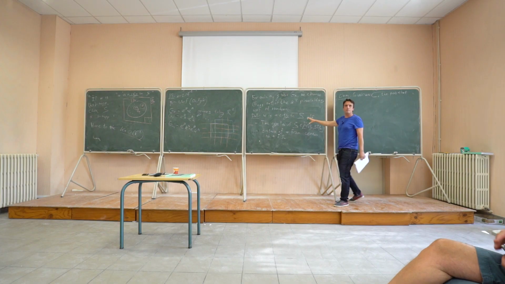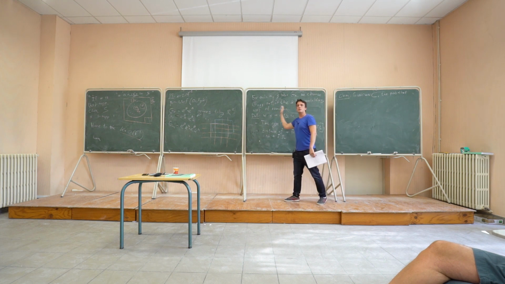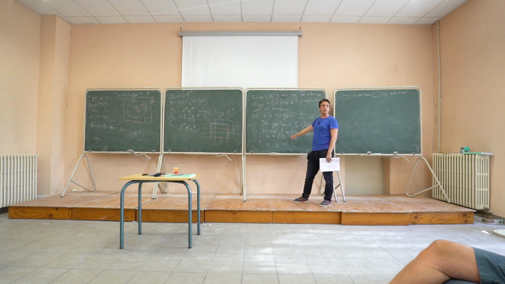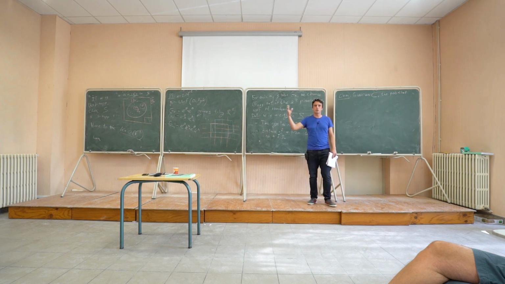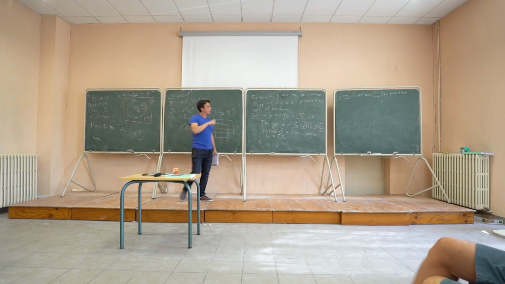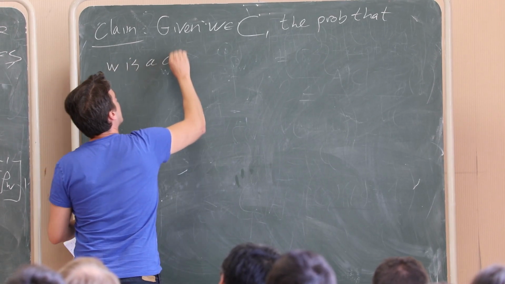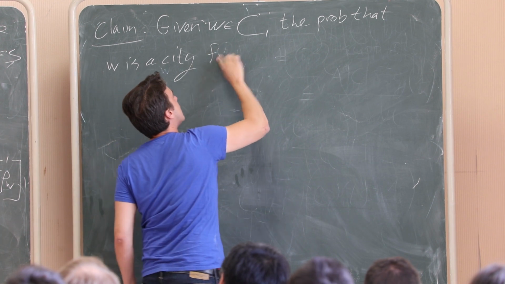Notice, by the way, just by this definition, if it's a city for a given square, it can only be a city for one square, right? Because if I move to a square of the same size to my left, then this will be violated. And if I look at a smaller or bigger square, then the first requirement will be violated. So if you're a city, there could be just one square, which is kind of obvious from this picture. So the probability that W is a city for some S